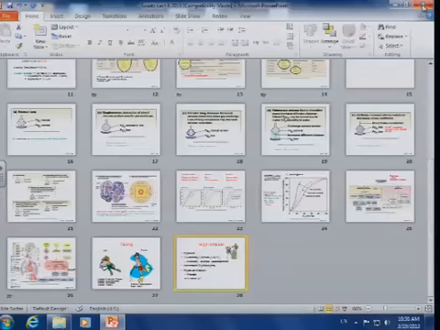I just had a question on the slide with the diving. You said that 1 atmosphere equals 33 feet, but then under sea level it's 2 atmospheres? Well, because remember, at sea level you're already at 1 atmosphere. Oh, okay. Don't forget to add that in. Okay, and that's why.